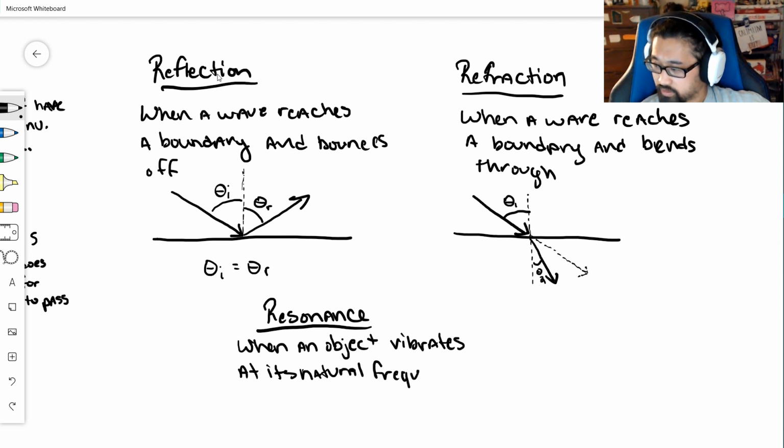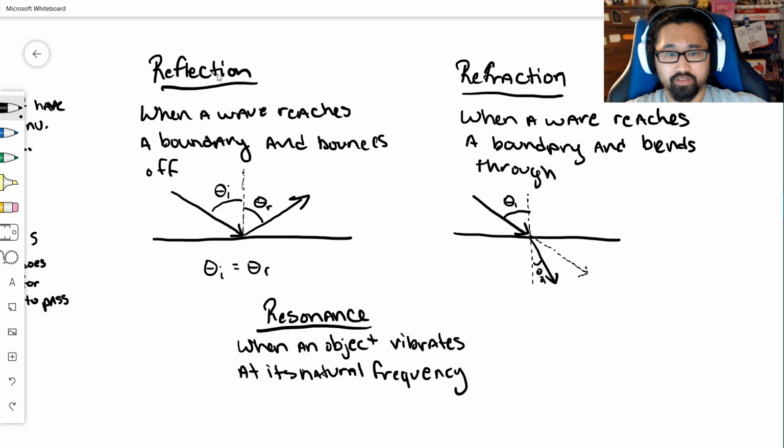When an object vibrates at its natural frequency. All right, and there's a little bit more of a story behind this one. So I'm going to take a second here and talk about this. Resonance is something that you have all probably experienced at some point, especially if you've ever been to any kind of restaurant that has nice glassware, and you